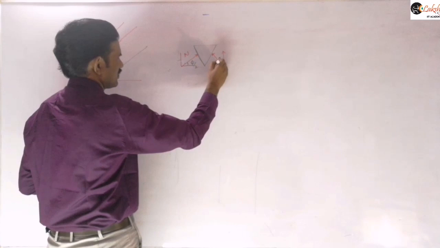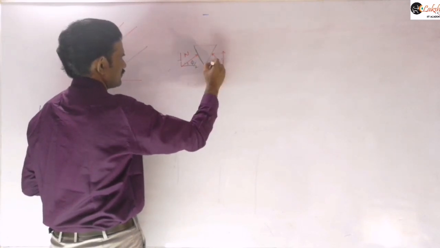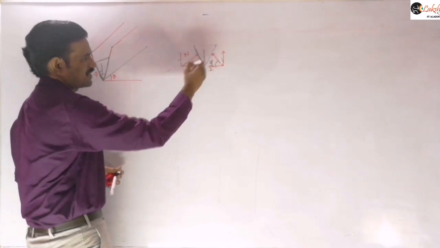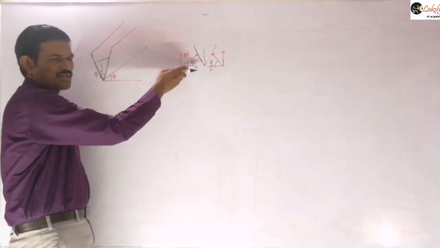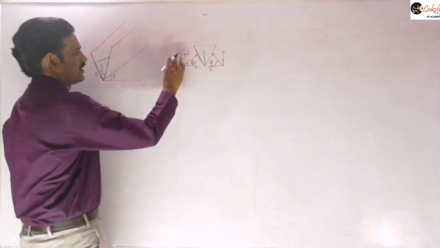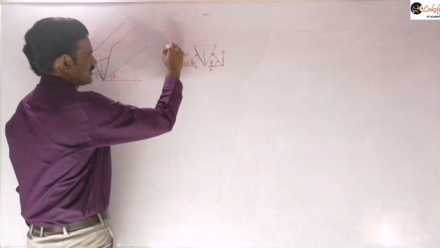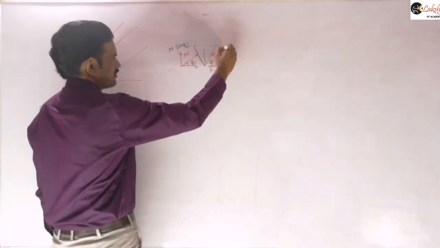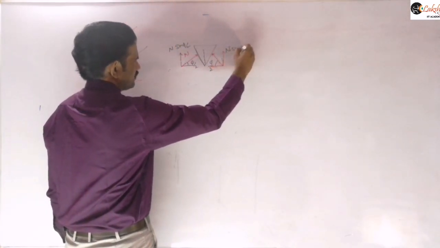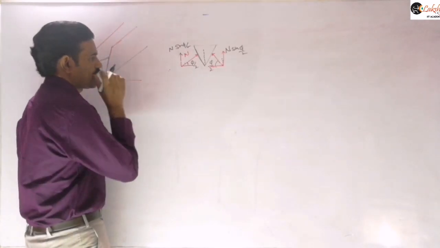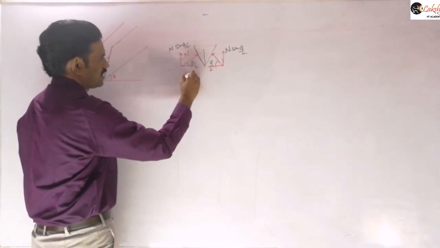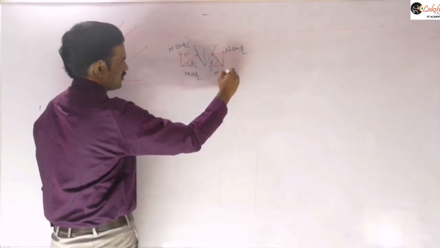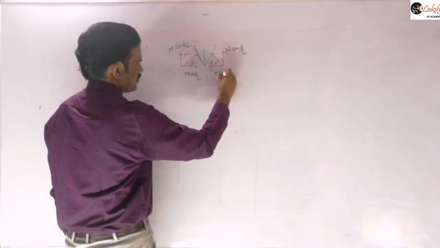this angle will become phi by 2, right? Because with this vertical it is making phi by 2. So this normal should make phi by 2 with the horizontal. Then this component will be n sin phi by 2, and similarly here you will get n sin phi by 2. Now this horizontal component will be n cos phi by 2. They will balance with each other perpendicular to the direction here, n cos phi by 2.